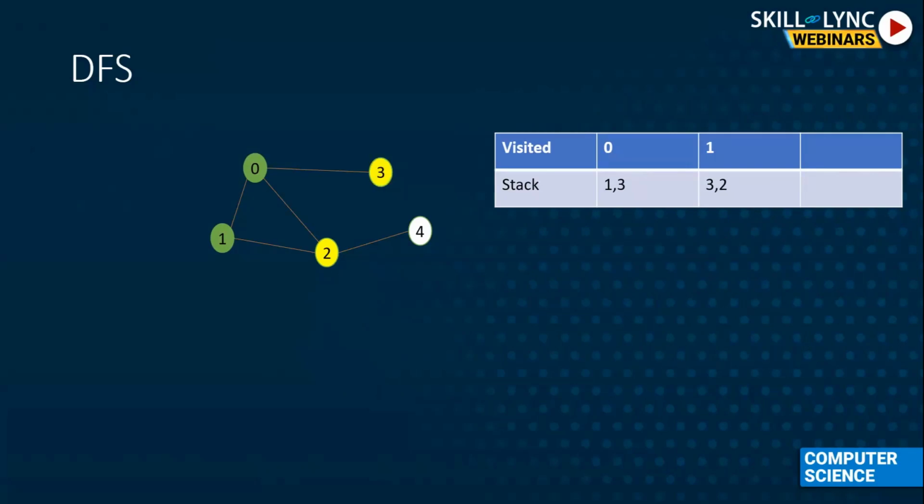So here, after this, 3 and 2, we'll pick one node from the stack. We'll pick 3. And there is no neighbor attached to 3, so we will not be able to insert anything. So 3 will be marked as visited. The stack will have only 2. Then after that, we will pick one element from the stack. Then we will mark 2 as visited. We'll insert 4 in the stack. Then we will pick 4 as visited, and then all the nodes are visited. Hence, we will simply break the loop. So it is a similar idea to what we have learned so far. That's what we want to apply here.